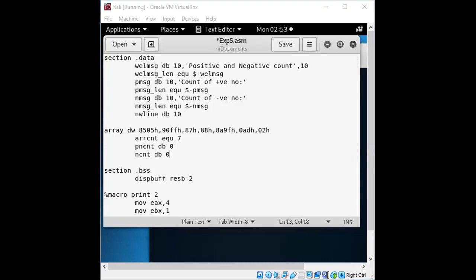We'll take the first value. The first value is 8505H. So we'll get the conversion for this into binary form, and I will do a one's complement for this, that means we'll convert it into binary, and you will get the MSB bit as 0.